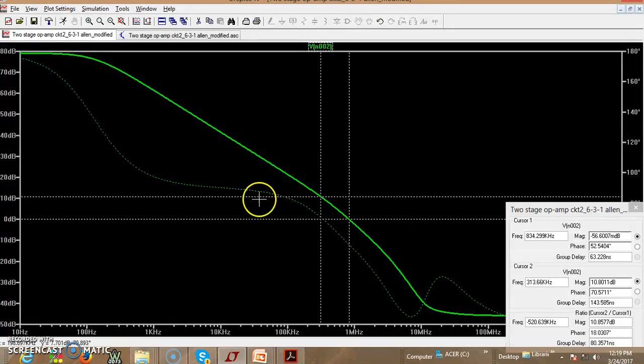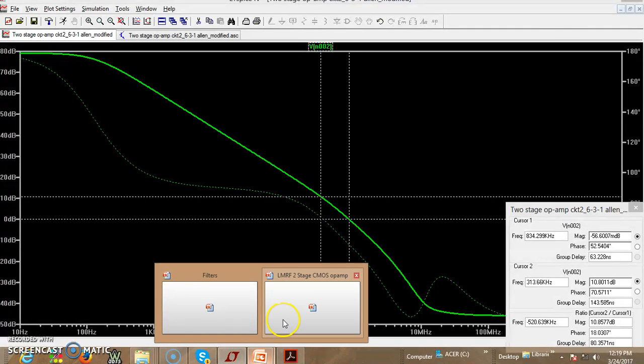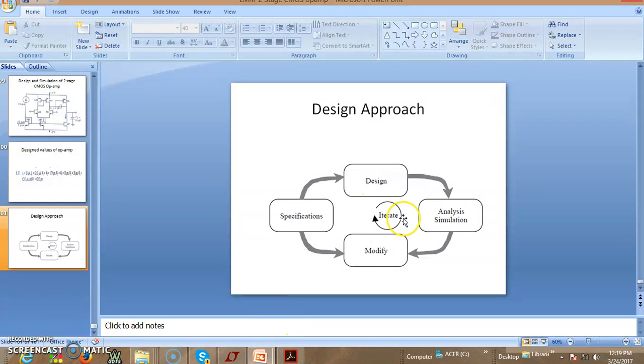So by slightly modifying some of the parameters, we can certainly achieve this phase margin of 60 degrees. So we need to do a few more iterations, as it is mentioned over here. Using this simulation analysis, you can modify some of the parameters of the transistor, the overall design, so that we can achieve the required phase margin as well as the gain. So gain happens to be around